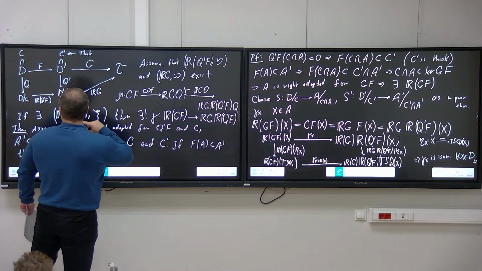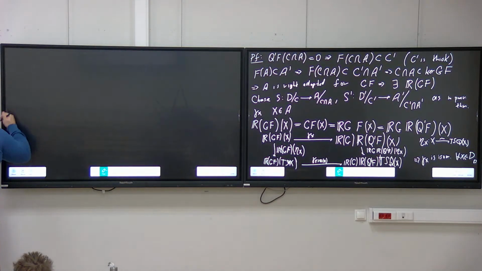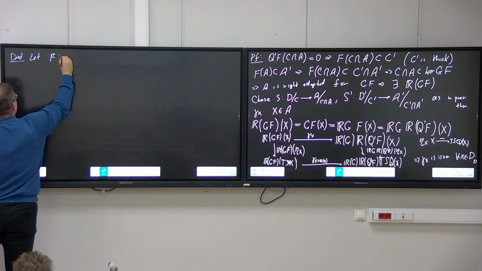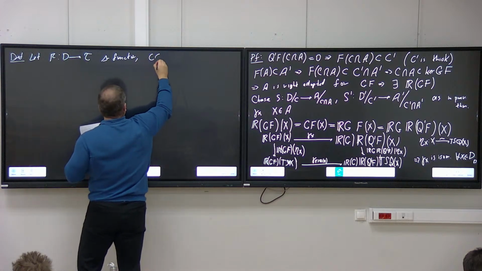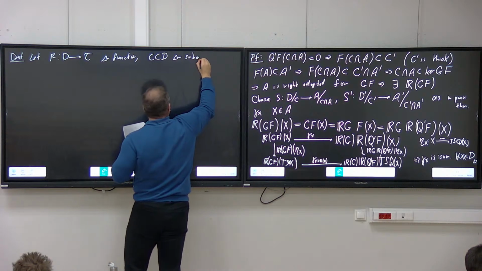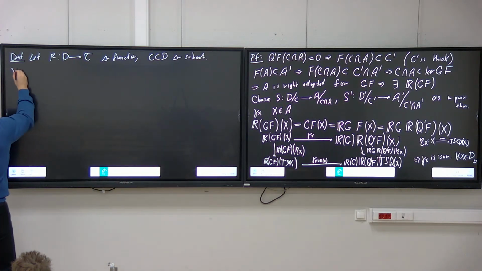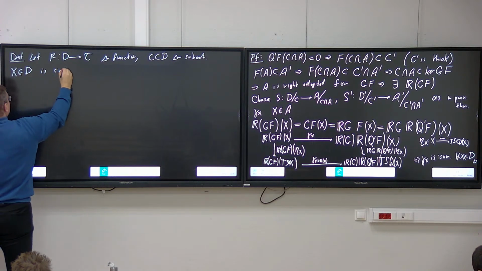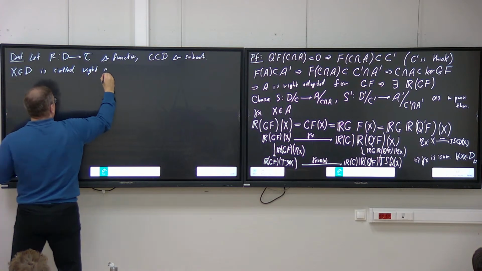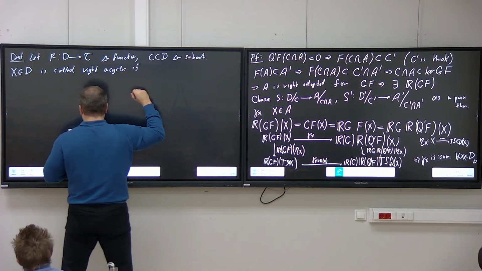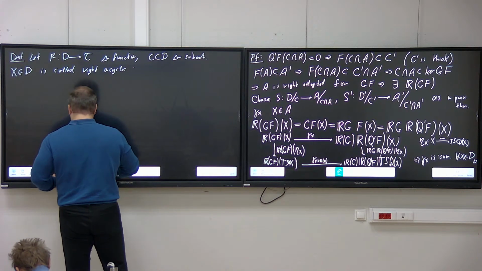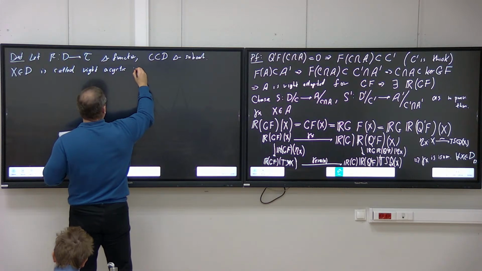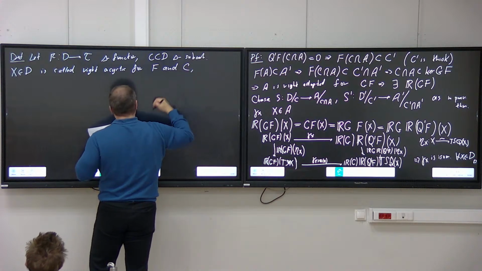Okay, so this is the composition. Now, definition. Suppose f from D to T is a triangulated functor, and C in D is a triangulated subcategory. So an object x in D is called right acyclic with respect to f and C, right acyclic for the functor f and the given subcategory C, if